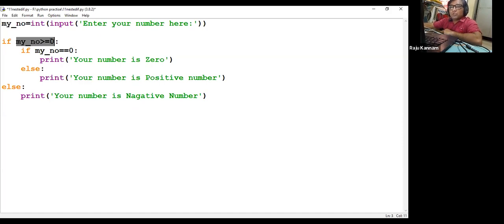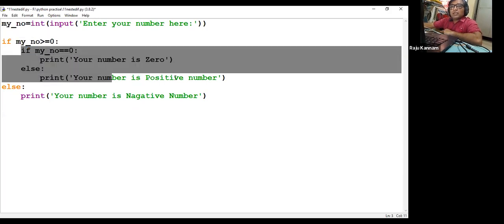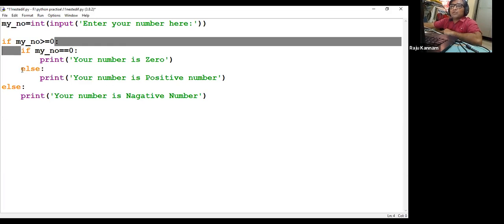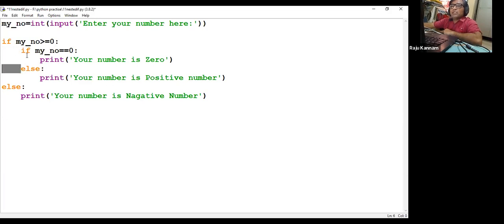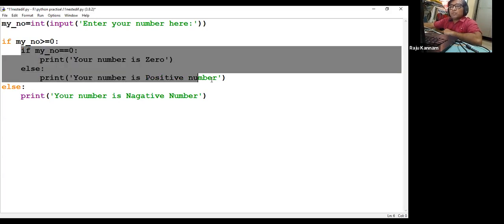Right? If the number is 0, the condition is satisfied. If the number is 10 also, this condition will be satisfied. So once this condition is satisfied, whatever statements are written in the if block will run. Why can we say these statements are written in the if statement? Because for these statements we have given four spaces. That means we have given indenting, so whatever block has that indenting comes under this particular if statement, right?